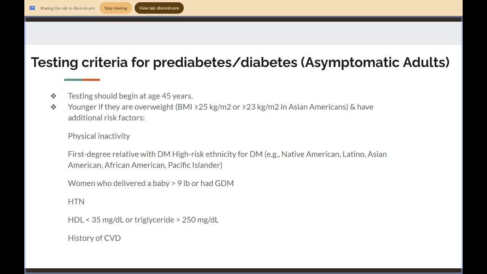Physical inactivity, first degree relative with diabetes, high risk ethnicity for diabetes, women who have delivered a baby greater than 9 pounds or who have had gestational diabetes, hypertension, HDL below 35 or triglyceride greater than 250, and history of